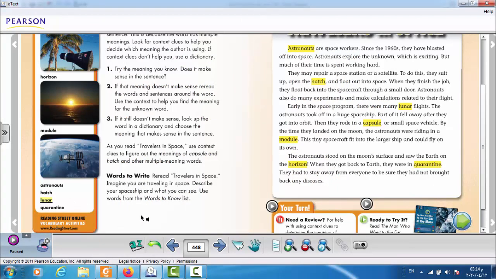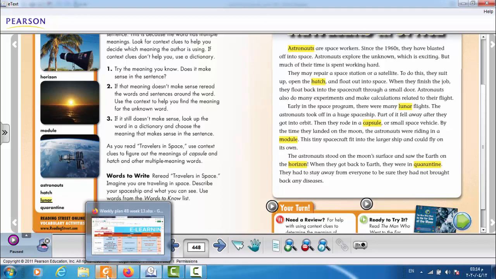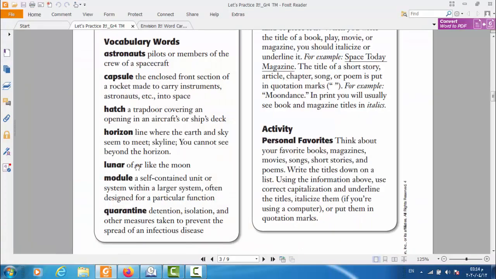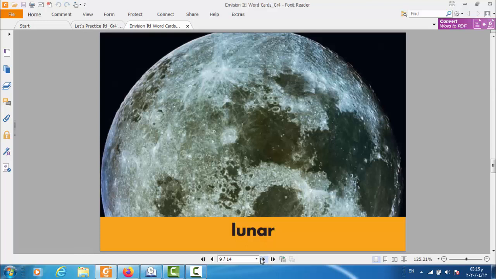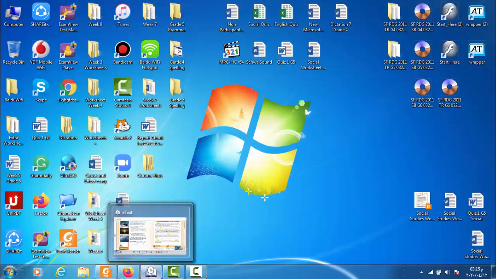Lunar. What is lunar? Lunar means of or like the moon. So lunar is of or like the moon. Like how, teacher? Like this one in here. Yeah, this is the meaning of lunar. So lunar, anything like the moon. This is lunar. The next one is